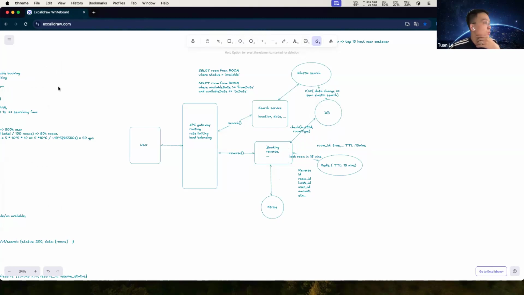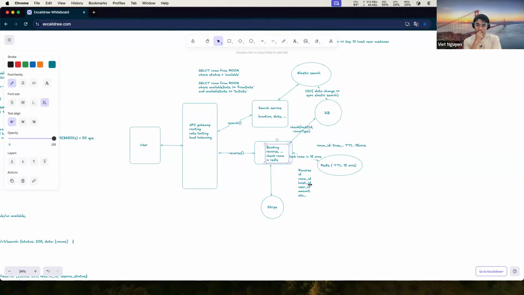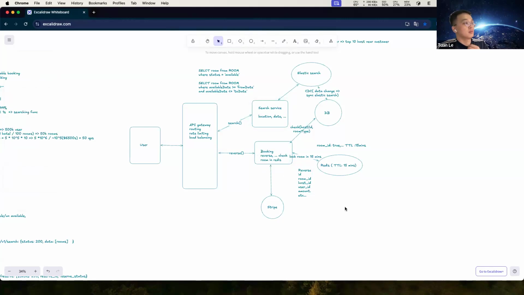But I think we should have the step in the booking: we should check the room in Redis, right? Okay. Yeah, so if we do this, we can lock the room, right? Yeah. Agree.